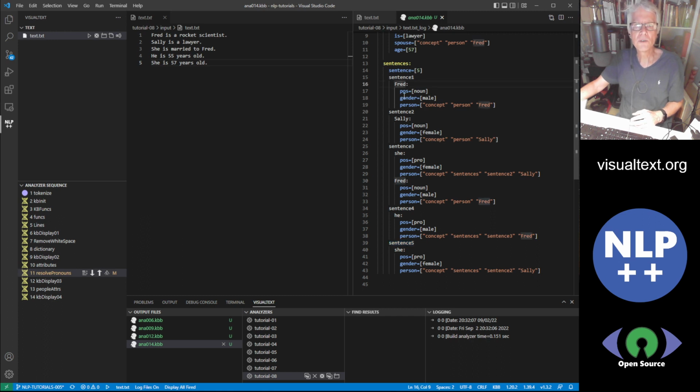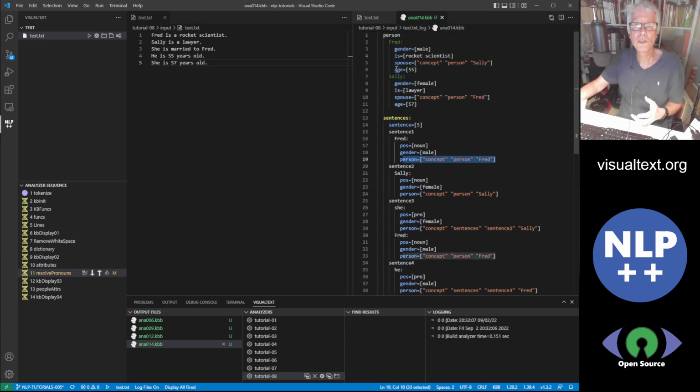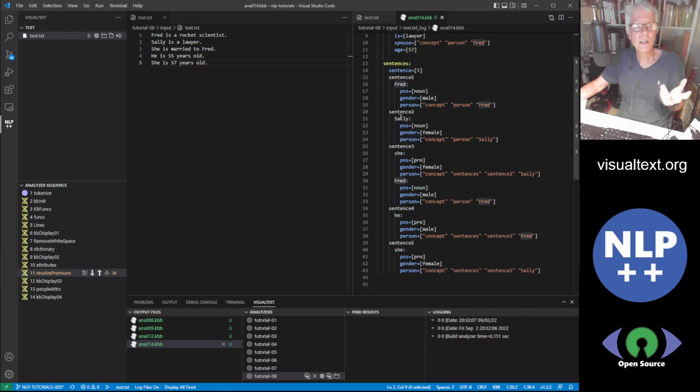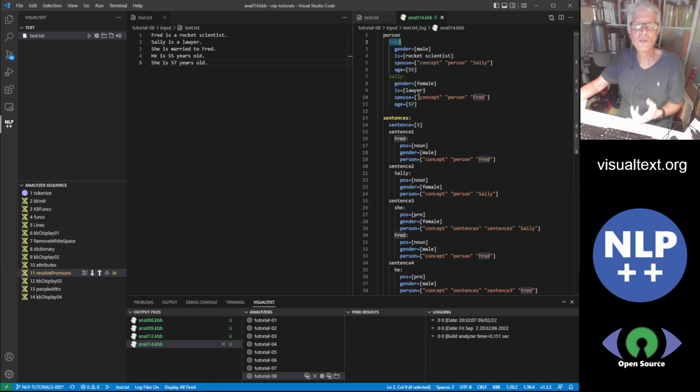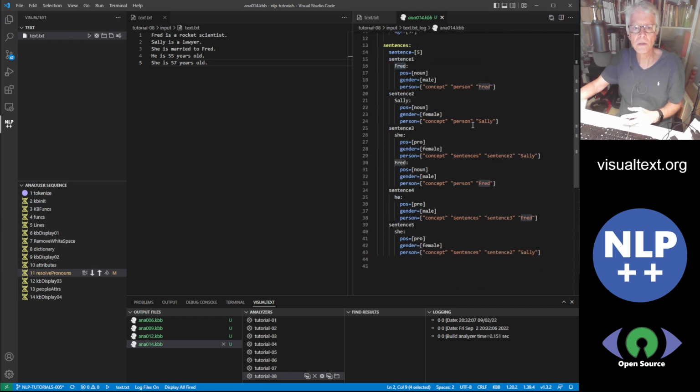So you can see in the first sentence, we have Fred. We know Fred's a noun, a male, and because it is the name of a person, it points to the long-term person Fred. We have Sally in the second sentence, so we now keep track of Sally. Sally is a noun, female, and points to Sally in our long-term memory. Sentence 3 has the word she. She is a pronoun, it's a female, but this